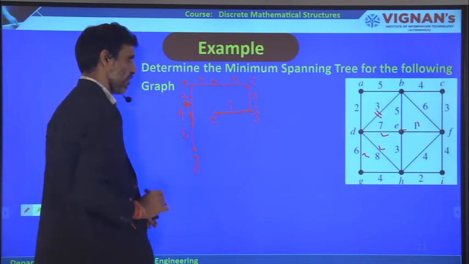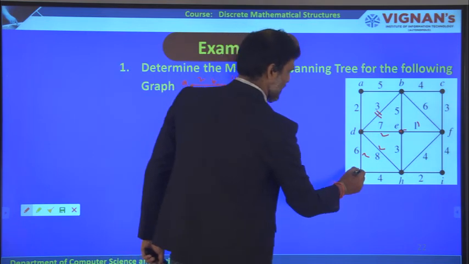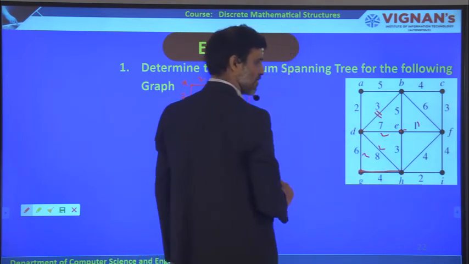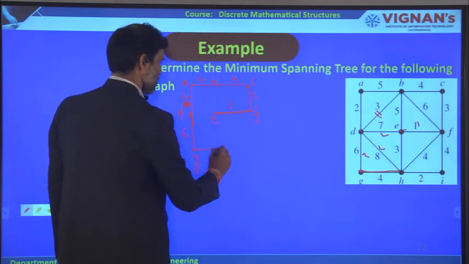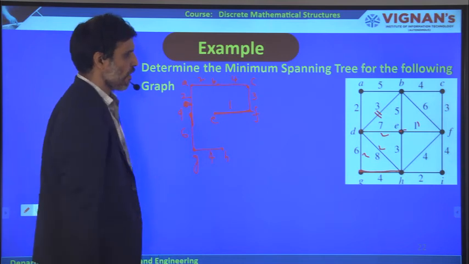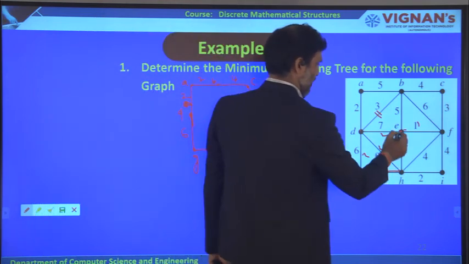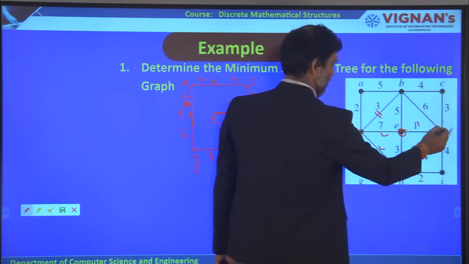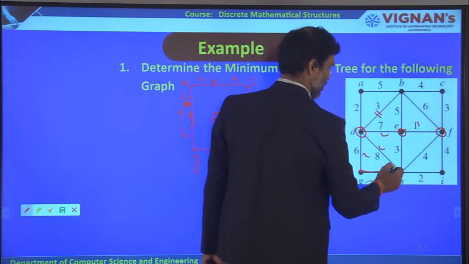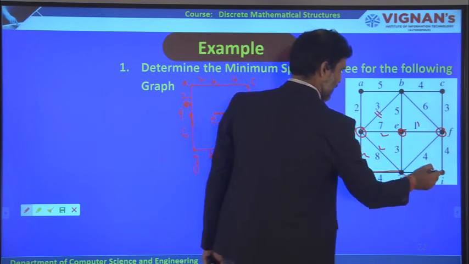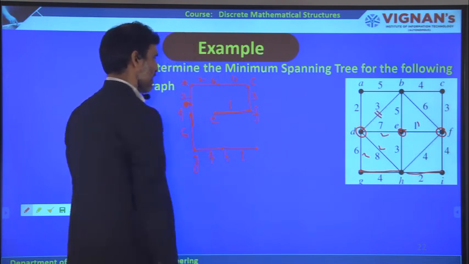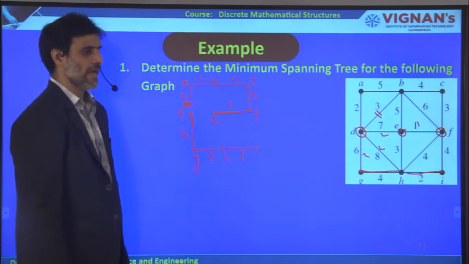It becomes 6 now. Now coming to G, what are the adjacent vertices? You have to go with only H, you cannot go with D again. So you have to go with what? H. What is that vertex? It is equal to 4. Now what are the adjacent vertices of H? For H, E is the adjacent vertex, F is the adjacent vertex, and D is the adjacent vertex. These three we have already taken, no need to take, and the only remaining vertex is I. So you can go with I. Like this you get one spanning tree.